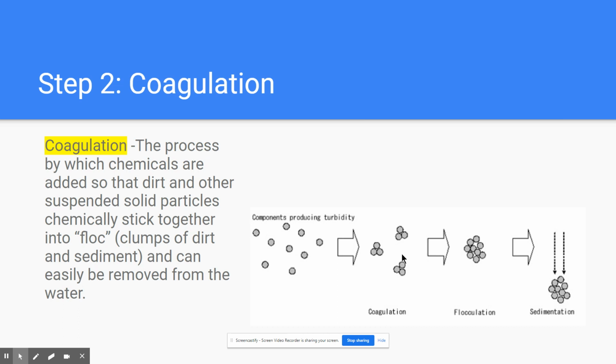And when they come together, they form flock, which are basically large clumps, again, of sediment. When this happens, that flock becomes bigger and it becomes heavier. And so it sinks down in these big holding tanks at this treatment facility,